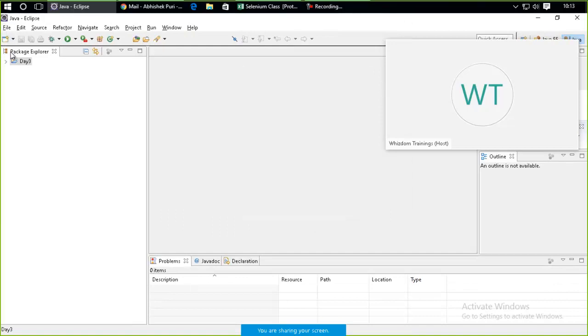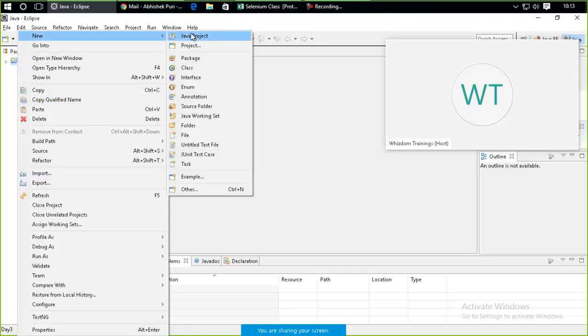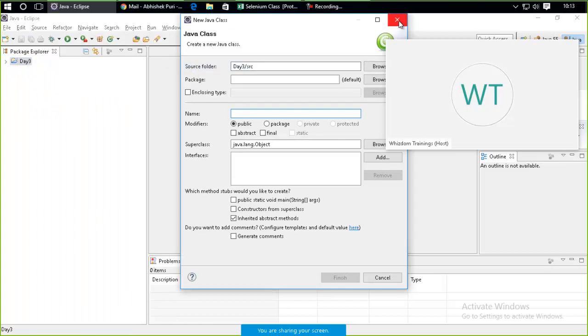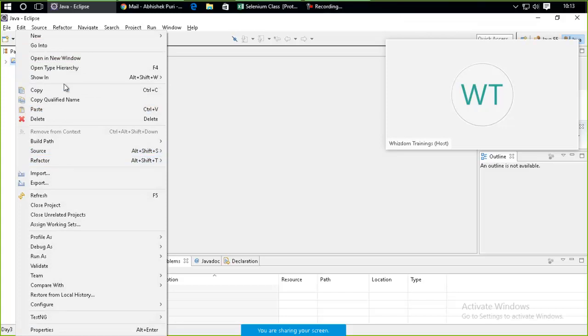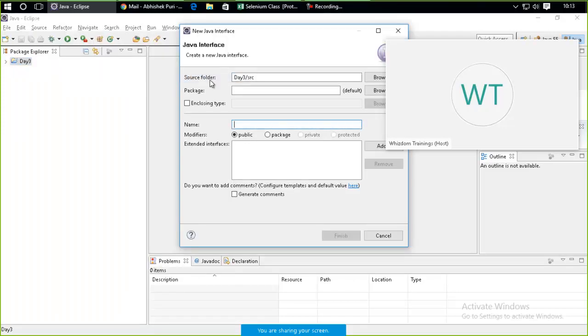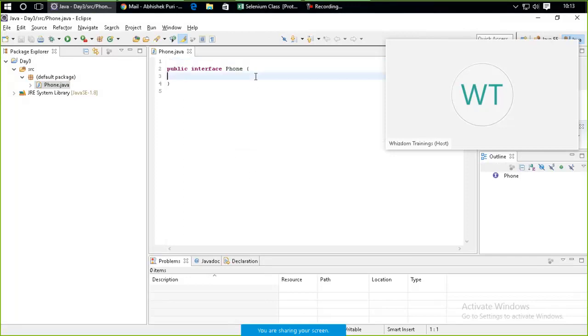Okay, so to start with, we'll create a new class. No, we'll start with the interface directly. So new and interface, say phone. In this interface we declare two functions, not variables, two functions, say